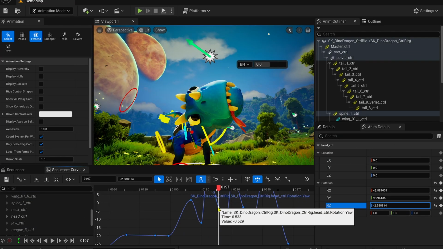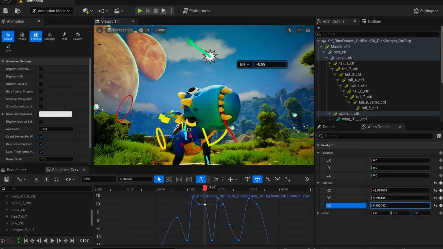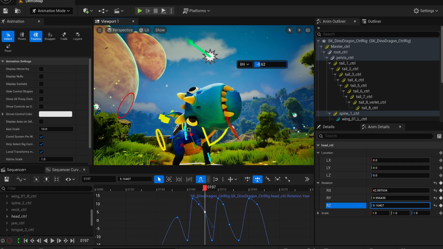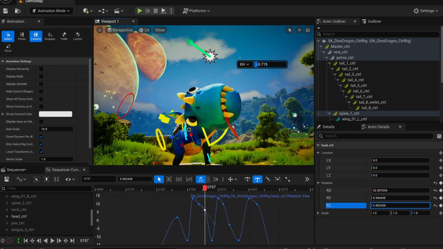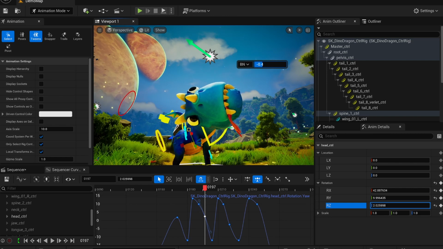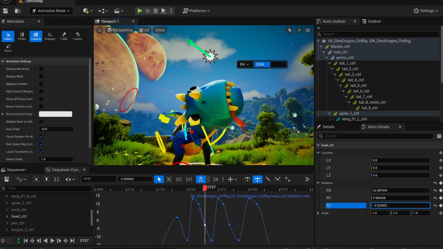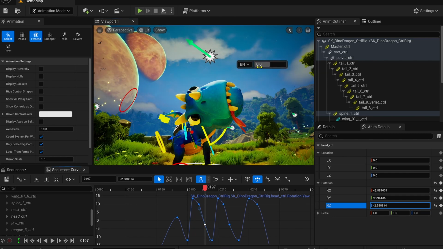The first adjustment method is Blend to Neighbor. As you can see, the slider value is clamped between -1 and 1, and this applies to the other methods as well. Before adjusting, keep in mind that modification will be applied based on whether you selected the control directly or specifically selected keyframes. These methods move the selected keyframe toward the previous -1 or next +1 keyframe while trying to preserve its original tangent values as much as possible. If a value is too high, for example, this option can help smooth out and blend the animation effectively.